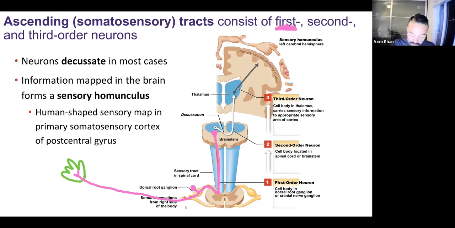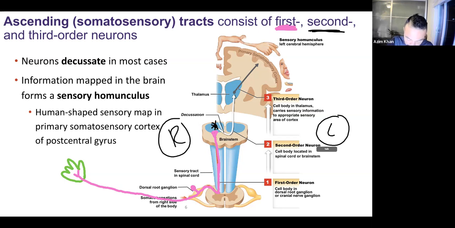Let's draw the second neuron in this pathway. I'm going to draw this in black. The second order neuron starts here in the medulla oblongata. It's going to be multipolar because it's in the medulla, it's in the central nervous system. It's going to do something weird. We're on the right side of the body right now. We're going to cross over to the left side. See how it's crossing over? And then it ends here in the thalamus. Here's my axon terminal here in the thalamus. The term for when the axons of a neuron cross over from one side to the other, that is called decussation. Decussation.